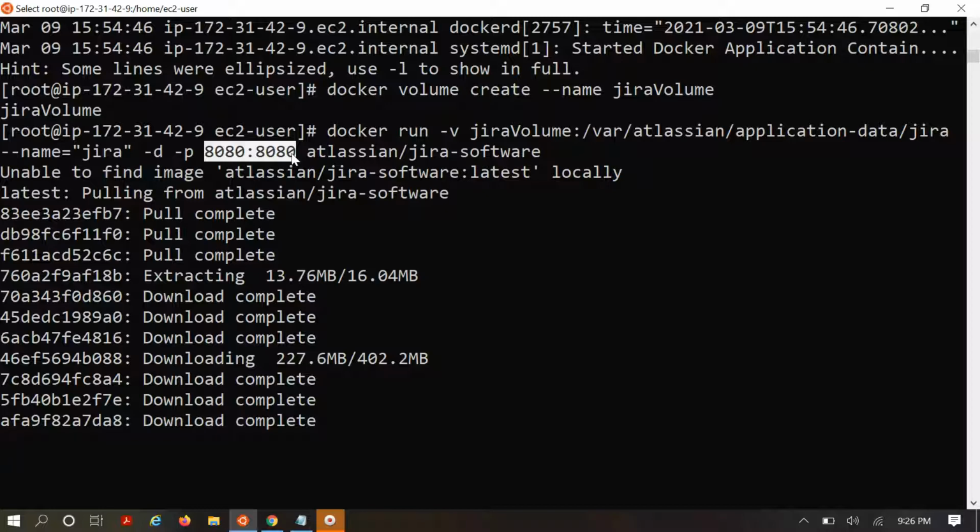Now it's downloading the Docker image, and once the image is downloaded, it will map your volume and run. So we have given the Docker run command here. Let's wait for a while till this completely downloads.